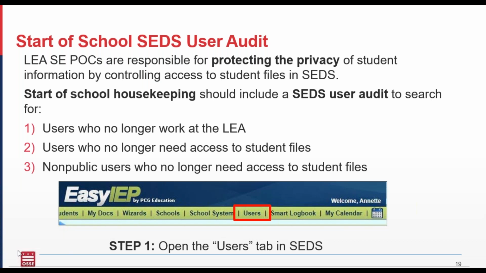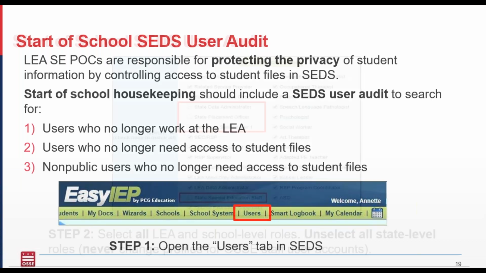You want to search for any users that are no longer at the LEA, users that no longer need access to a student file, and non-public users who no longer need access to a student's file. So that's what you'll want to do in your SEDS user audit. Search for those users that should be updated or removed from the system. In the next screen,